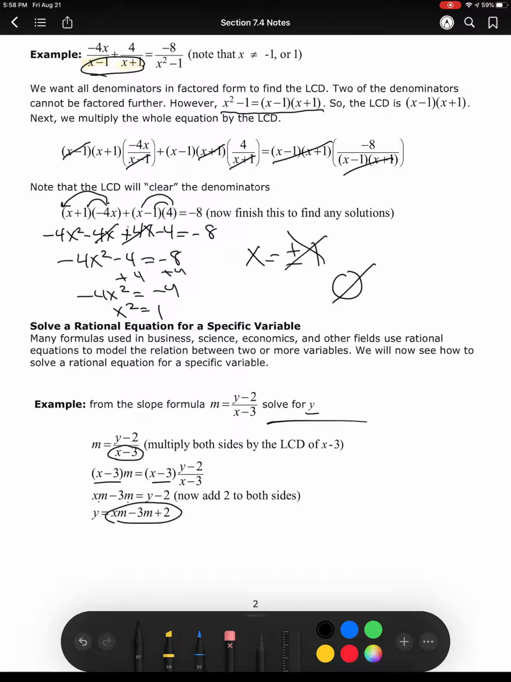So I know that we could do a lot more examples with these rational equations. And if you don't get it yet, that's okay. Just make sure that you write down your questions and